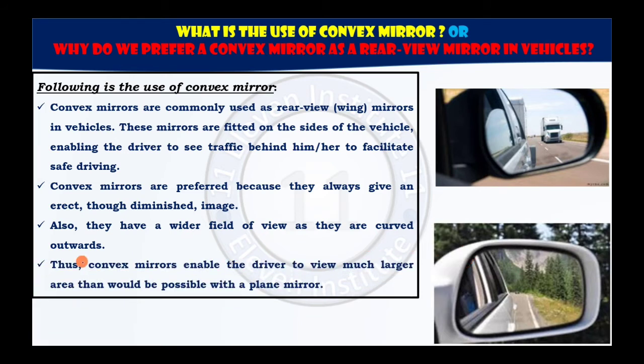Next, convex mirrors thus enable the driver to view a much larger area than would be possible with a plane mirror, right? Because a plane mirror cannot give you this much area for viewing. If you want this much area for viewing with a plane mirror, you have to use a plane mirror of that much big size. Right, if I want to see the image of a 6 feet tall person, the mirror in front of me should also be 6 feet, and then I will see the 6 feet person in it. At a particular distance, if you increase the distance, maybe even a small mirror will show it, but it is not possible to see such a diminished image of everything behind me here. I cannot get that with a plane mirror, I can only get that with convex mirrors. So I hope this use of convex mirror is quite clear to you.